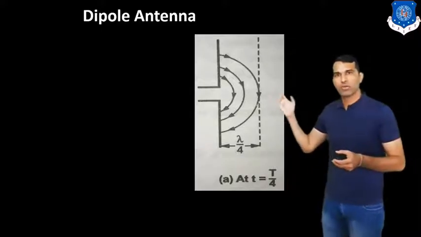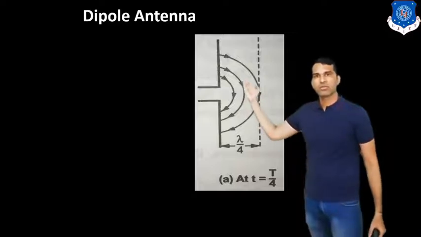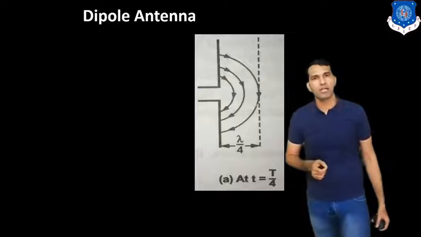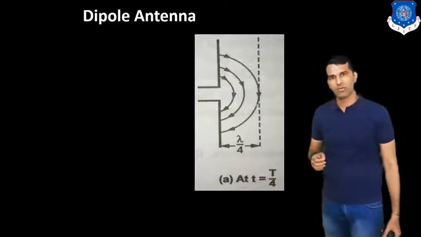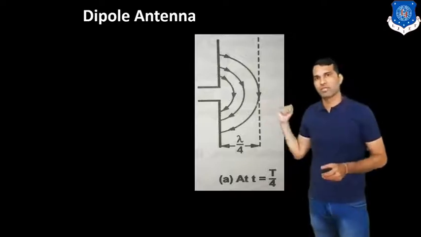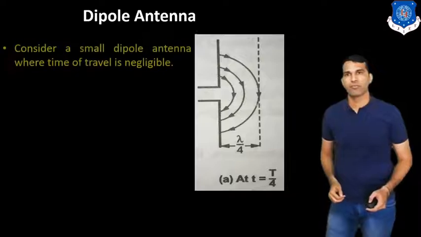So we can see this is the wire we have bent in the 90-degree shape. So we get the dipole antenna. A dipole antenna is nothing but a two-wire antenna, but we have bent the wire totally. So we get this type of shape, and this shape is known as the dipole shape.